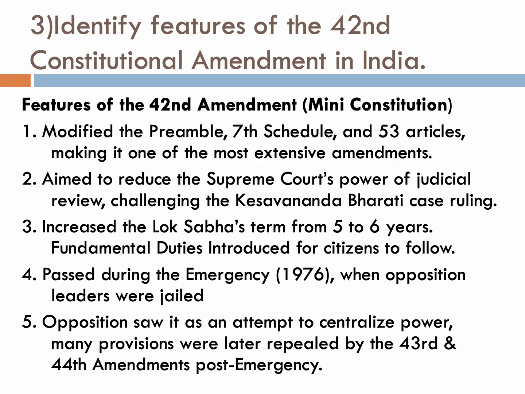Third question, identify the features of the 42nd Constitutional Amendment in India. The 42nd Constitutional Amendment is considered a mini constitution because it made a lot of changes to the Constitution. It modified the preamble, the 7th Schedule, and 53 other articles, making it one of the most extensive amendments. It aimed to reduce the Supreme Court's power of judicial review, challenging the Keshavananda Bharati case ruling, increase the Lok Sabha's term from 5 to 6 years, and the fundamental duties were introduced for the first time in the Constitution through